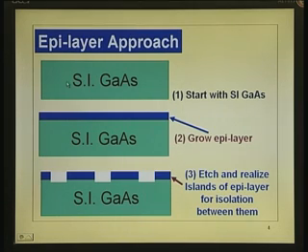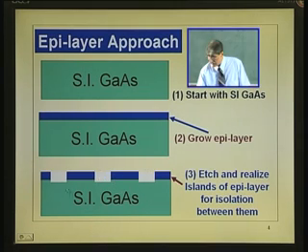Semi insulating gallium arsenide wafer cross section, on the top of that grow epitaxial layer, mostly n type layers are grown because n type materials are used for devices which operate on the transport of electrons. Then using a photolithography technique and etching, you remove the materials from these portions, so that each one of them is isolated by the other one. Each one is an island,